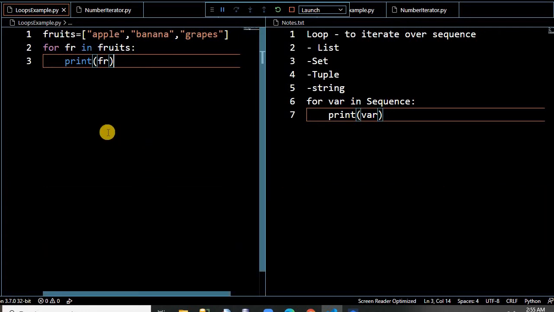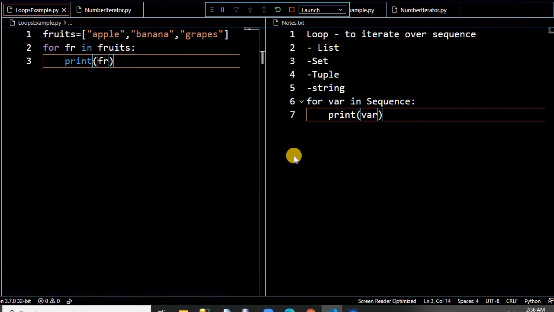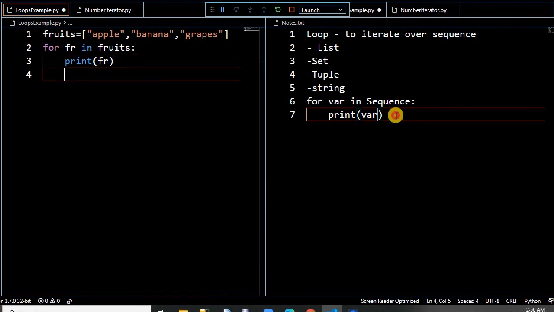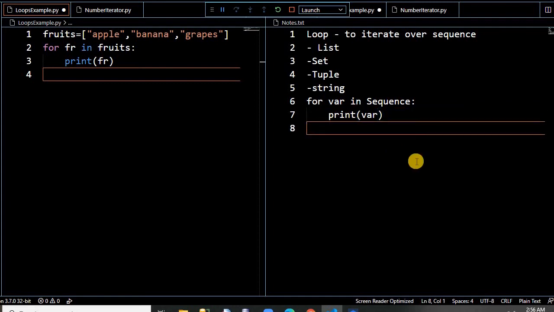Simple. We have one more loop that's provided by Python, which is the while loop. If you have worked on C++, Java and C Sharp, the for loop here is mostly equivalent to the foreach loop. By default, in those technologies the for loop is written in a different way, but Python's is mostly similar to foreach in C Sharp.